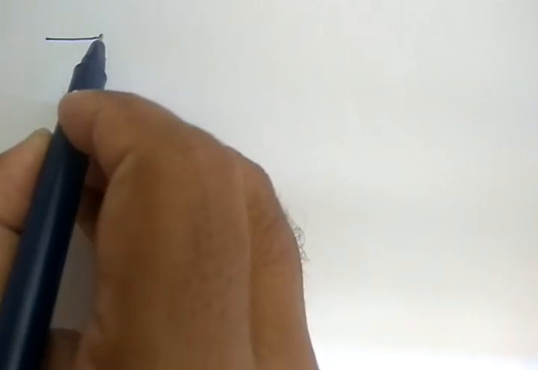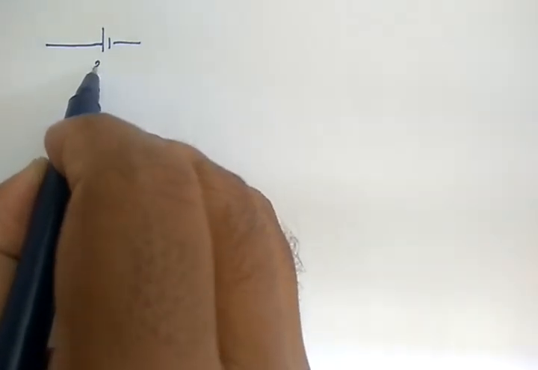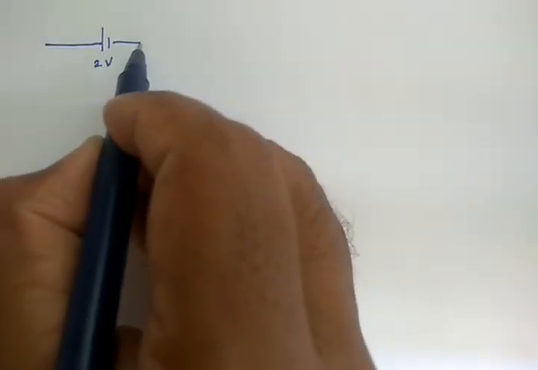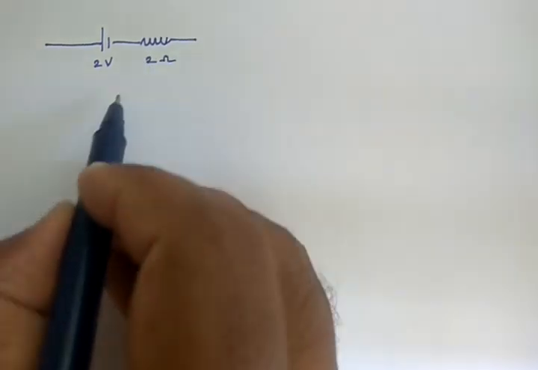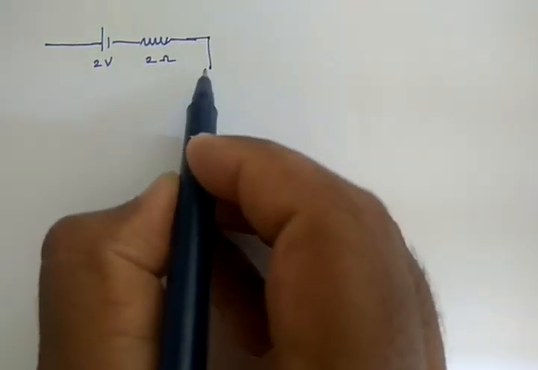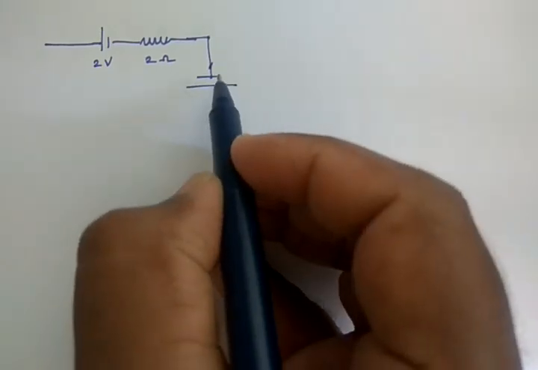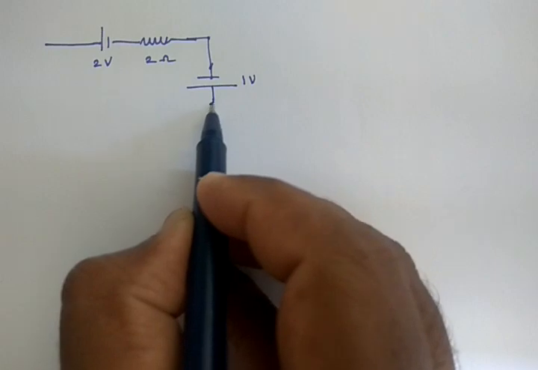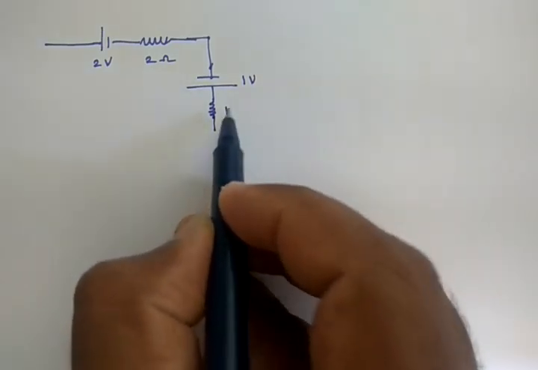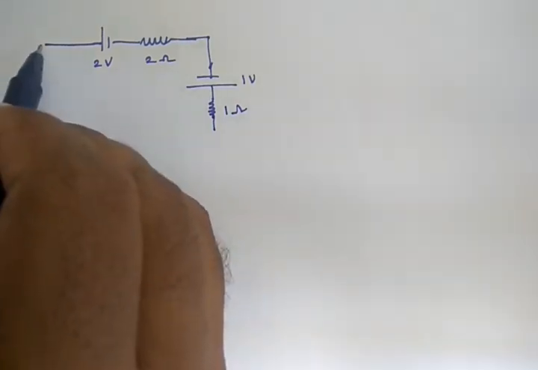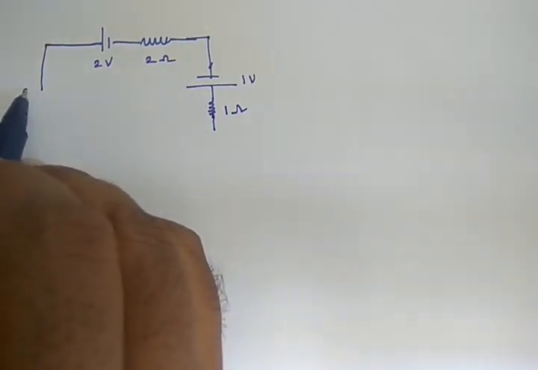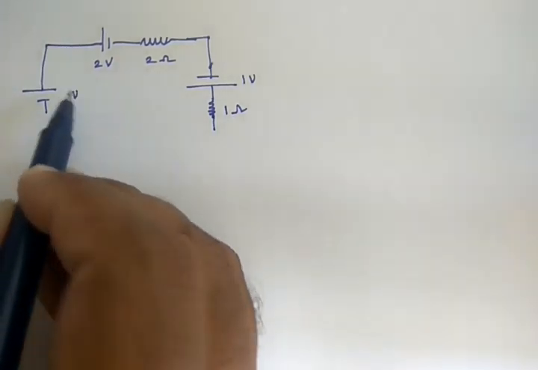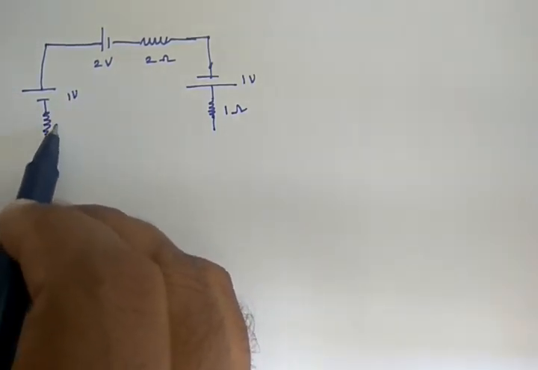So let us look at the next question. There is a battery here of EMF, let us say 2 volt, and there is a resistor of resistance 2 ohm, and there is one more battery here of EMF 1 volt, and there is a resistor that is also 1 ohm,